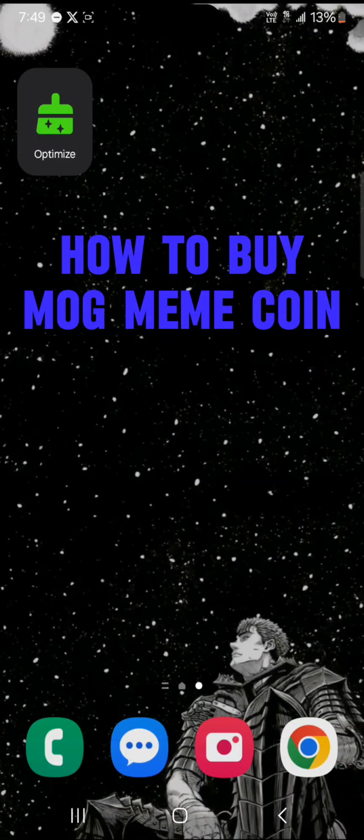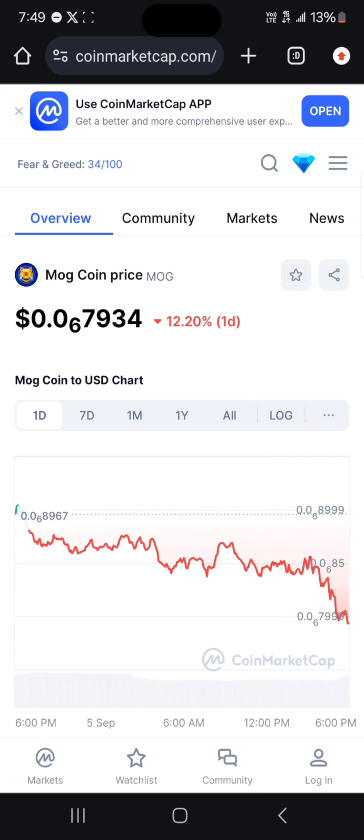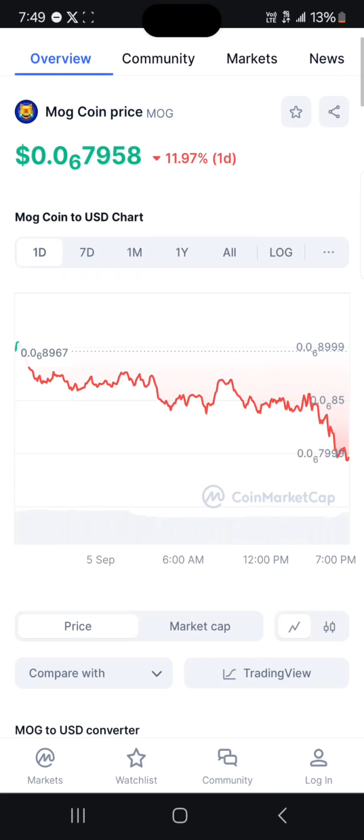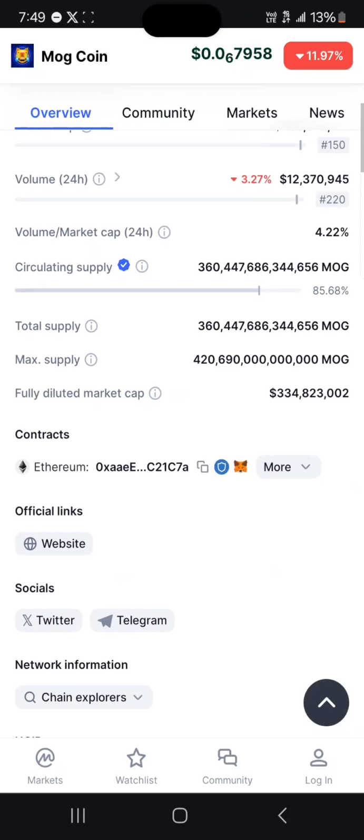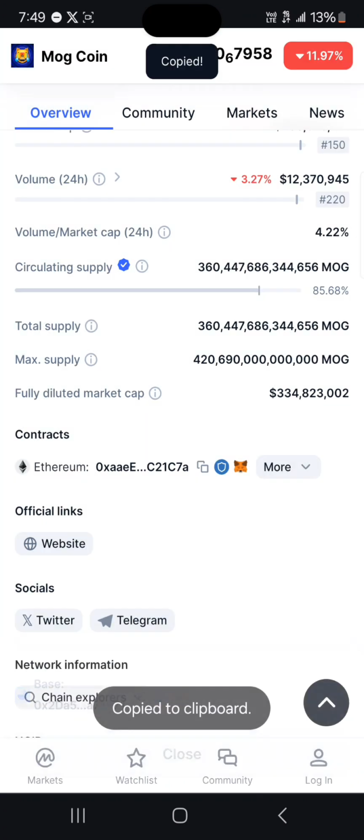In this short tutorial video, I'll be showing you how to buy MOG meme coin. Now, in order to buy the MOG meme coin, simply open up your browser and log on to coinmarketcap.com. The link is in the description of the video. Once there, scroll through till you find the Ethereum contract address. Now, all you need to do is simply copy its base contract address, as this can be also bought on